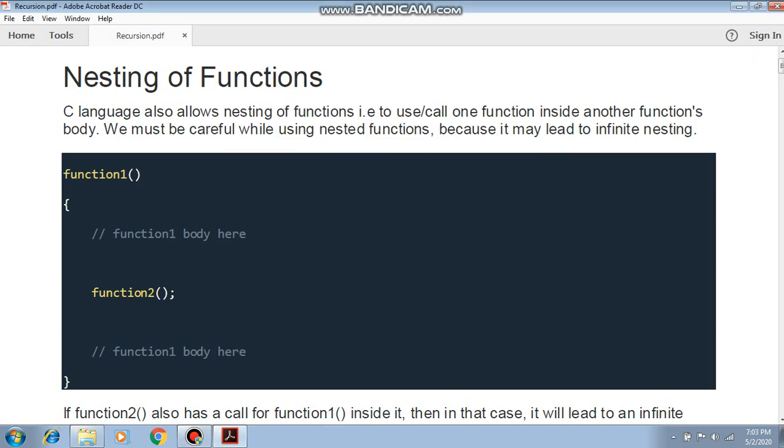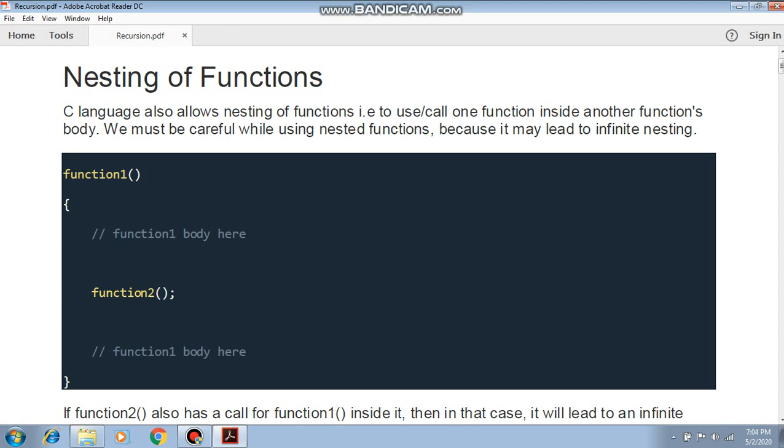So after understanding the function, function prototype, and the function category, how can we write based on our argument pass and our return type, we are making the 4 categories. So after the whole function concept is done, again a single concept is there. This is a function, there is a recursion.